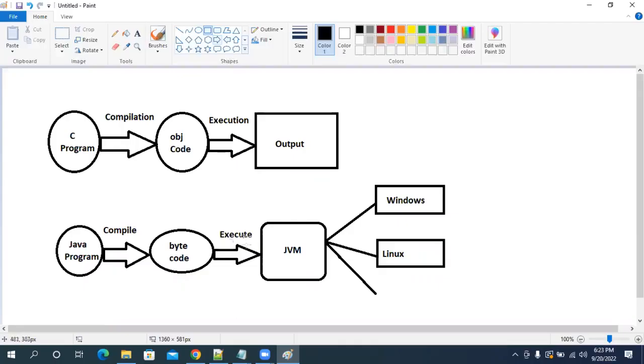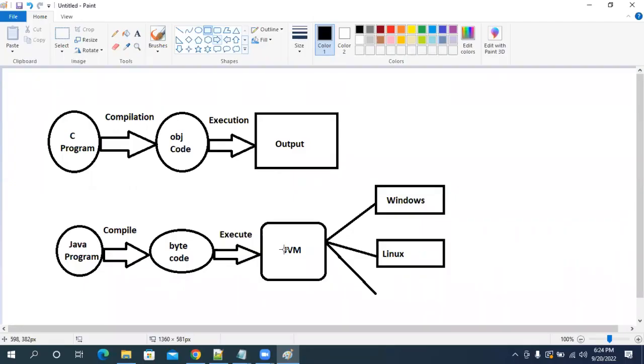When we execute that bytecode, JVM will start. Sir, how will we get the JVM? Where is the JVM? If you install Java software, then JVM will come. Are you guys getting my point? So how will JVM come into my machine, sir? If you install the Java software, then JVM will be installed by default.